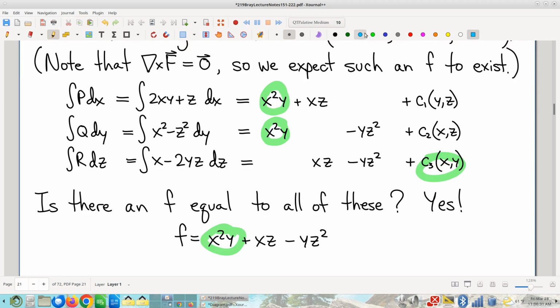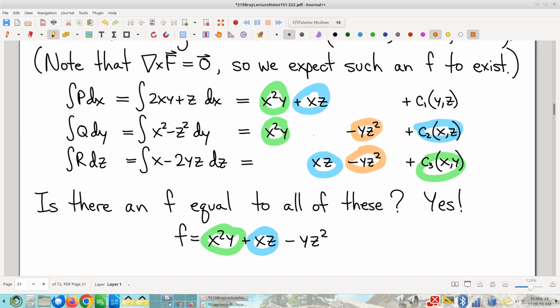So then likewise, I see an xz, I see an xz, I don't see an xz there. Oh no, that's too bad. Oh, wait a minute. I could just make that xz. It's allowed to be any function of x and z, and I think xz is going to be a helpful choice. So let's do that. Now I've got xz in all three expressions, and then you can see where this is going.